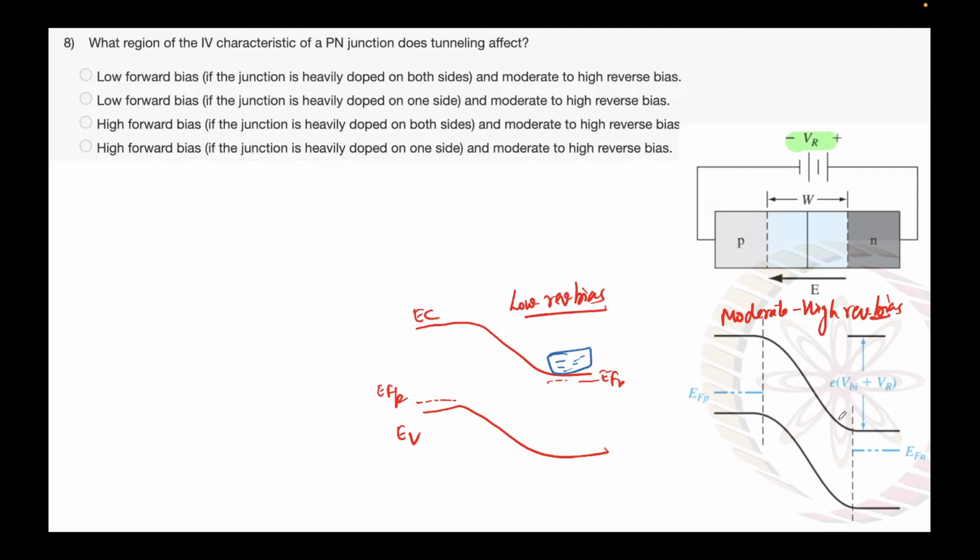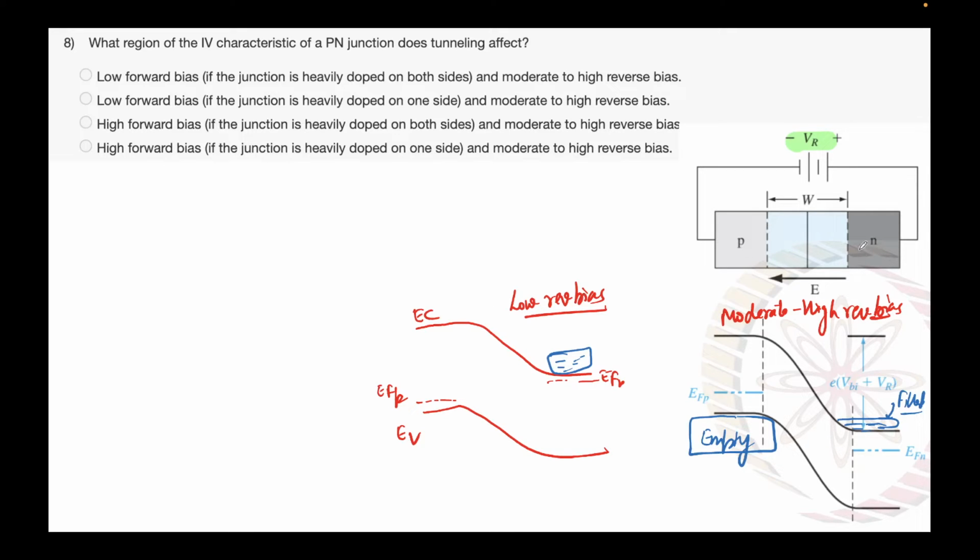So now what's happening is that the electrons are residing here, right? And you can see on the other side there are empty states. These are filled. So similar to the case which we saw in the previous slide of a forward bias of tunnel diode, the electrons can now tunnel through this barrier, again simply band to band tunneling, right? But there is a catch. Remember, I told you it depends on the width, and we typically notice that the depletion width increases, right? And if, let's say, a standard is 1 micron, when we apply reverse bias, this will be even more than 1 micron. Okay, so moderate to high reverse bias can result in tunneling,